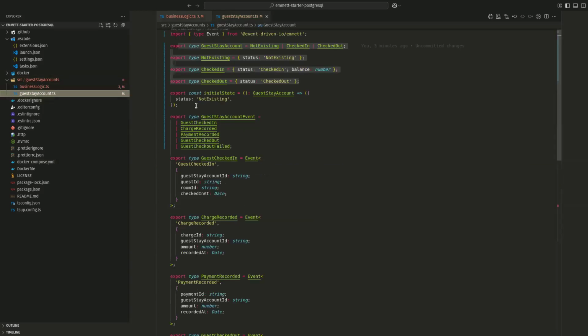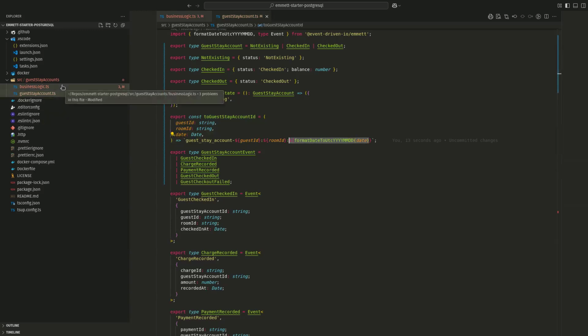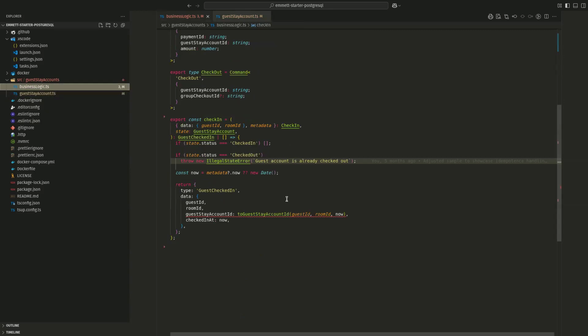And let's add one more function. So this will be our guestStay account ID function because it will be built from three pieces of information. Our guestStay ID will be represented by the guest ID, room ID, and the date at which the guest was checked in. So by that, we are also getting the uniqueness guarantee because in any event store, you have